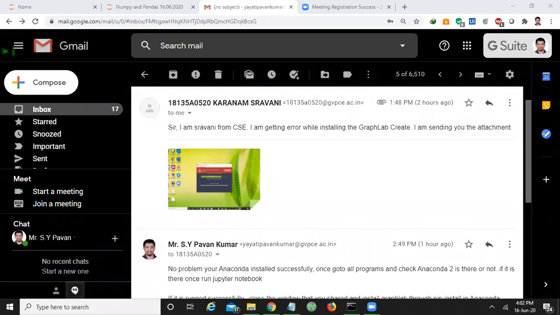Step 3, copy the pip command. Yesterday I showed you this, right? Through pip install, I have shown one more option, right? So copy that pip command and paste it in your Python prompt. Step 4, press enter. It will automatically install.